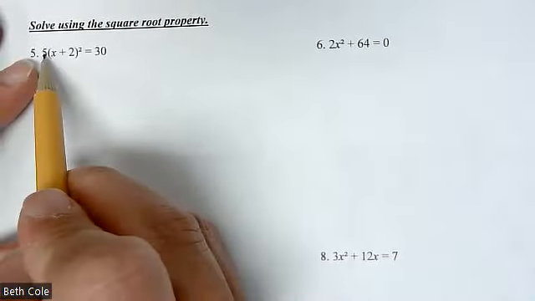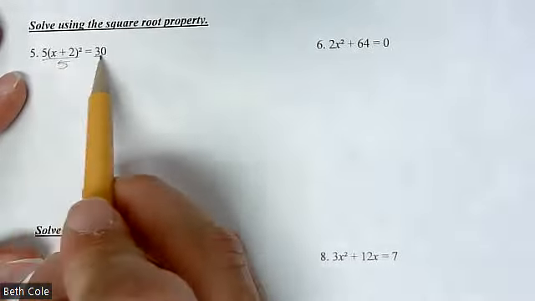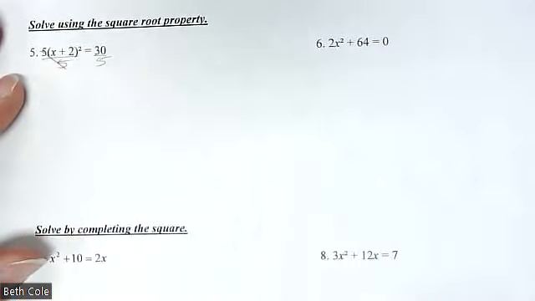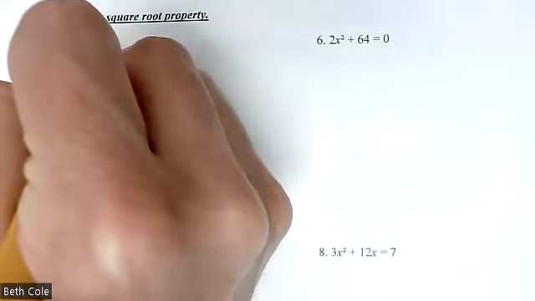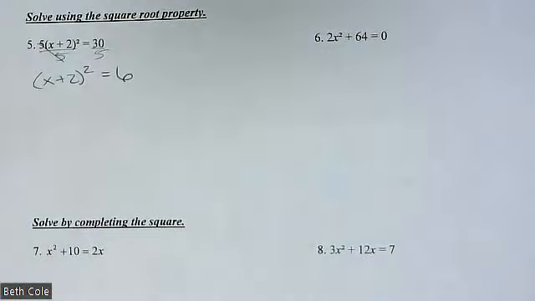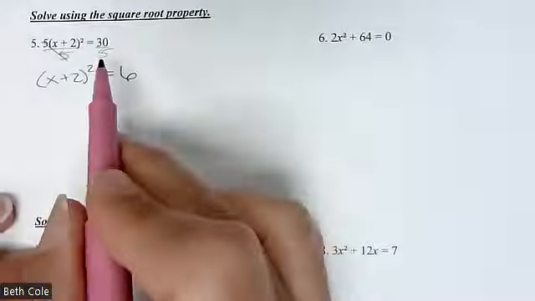First step on this one, you would divide both sides by 5. Divide by 5, divide by 5. It's just solve the equation. It's like algebra 1, except there's a squared in there. So you get x plus 2 squared equals 6. And then, here I'll use another color, to get rid of the squared,